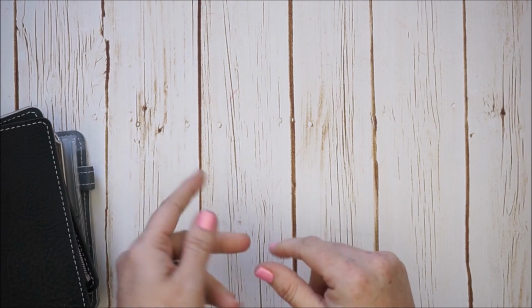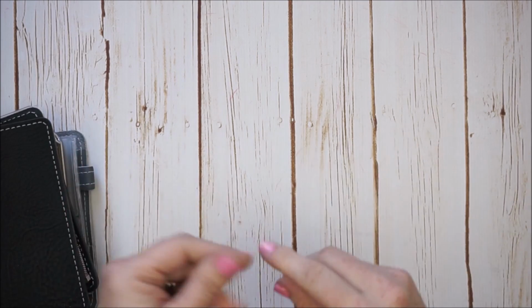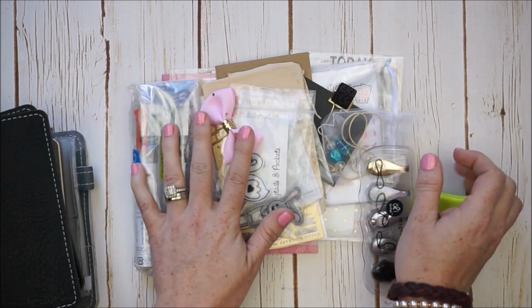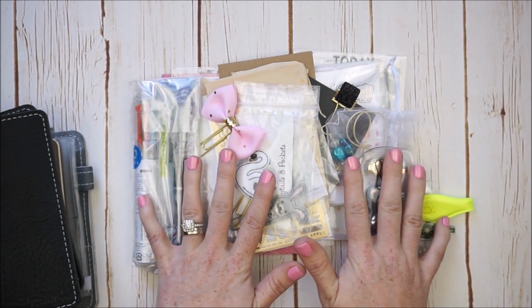What else did I pick up? Let me show you some other goodies. I am also somebody who likes to kind of decorate and make things cutesy, so I have some fun stuff off to the side. Let me share. Now these are just new goodies that I've collected